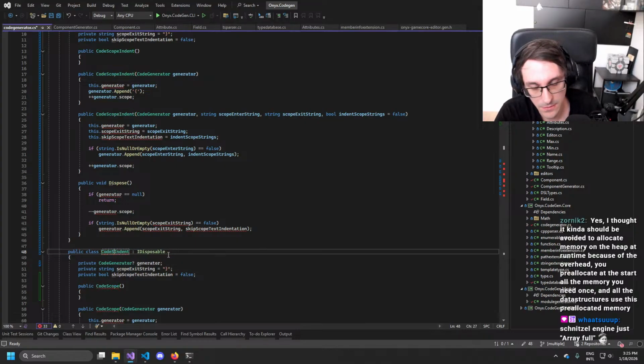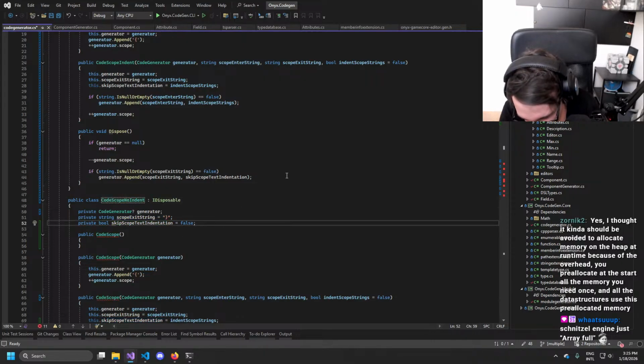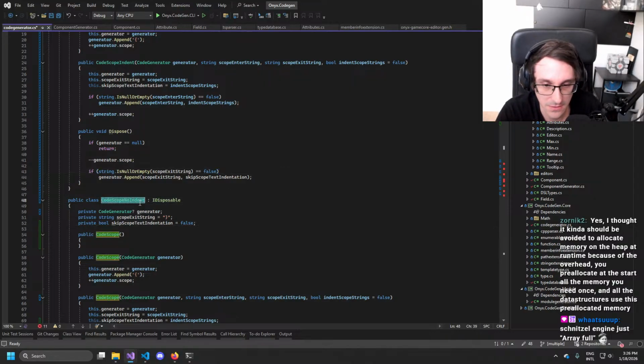Maybe code scope no indent or something like that. But why is it even a scope then? Hold on. Oh yeah, because I want to have an end and exit thing.